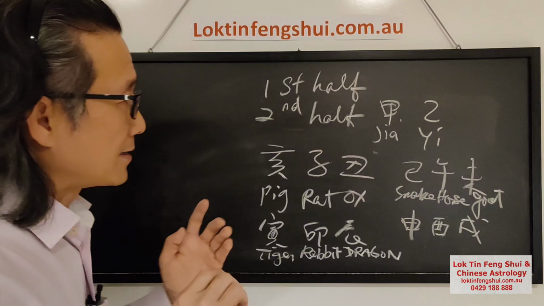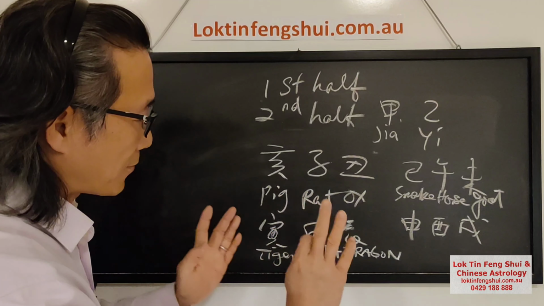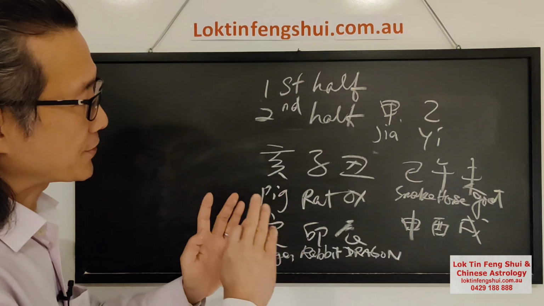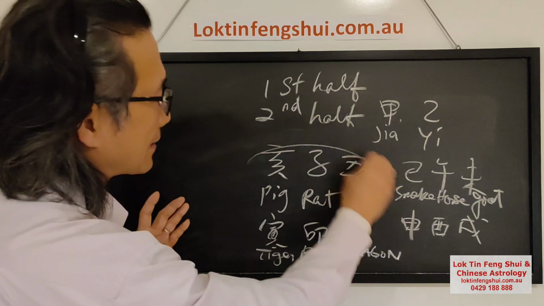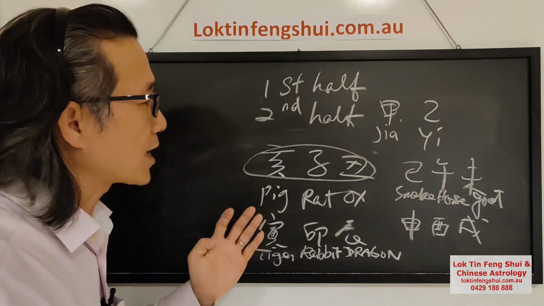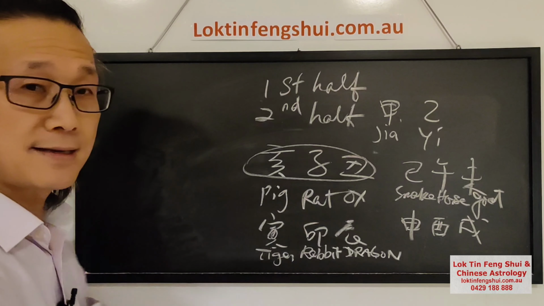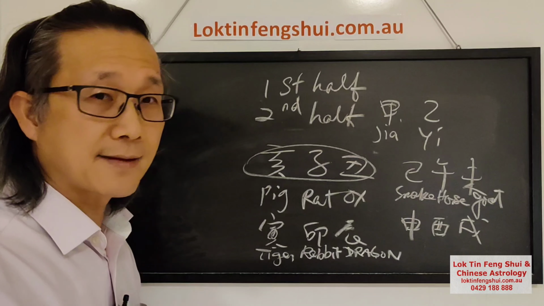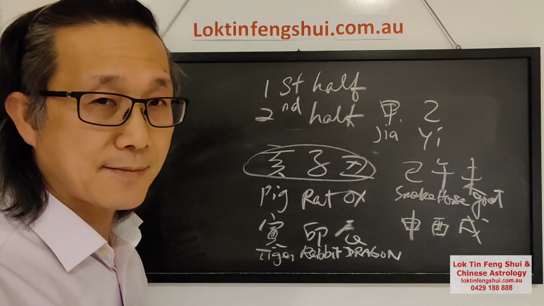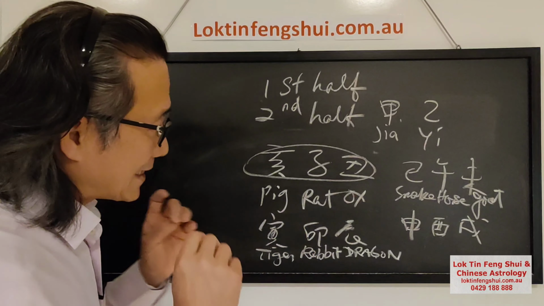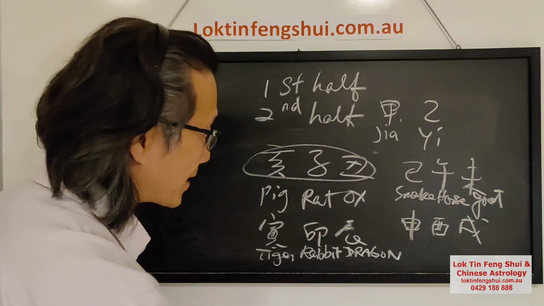Okay, that is called a directional bonding, or seasonal bonding. We have to complete all three in the chart, but they don't need to be next to each other. They can be in the year, the month, and the hour, or in the hour, the day, and the month. But all three of them must appear. Then that will become a directional bonding.